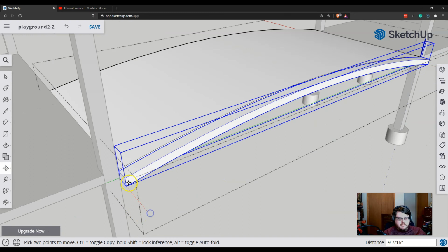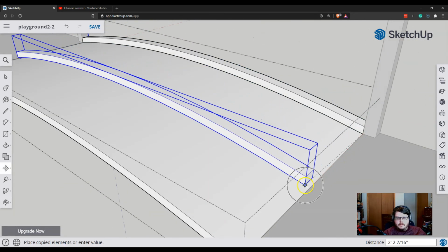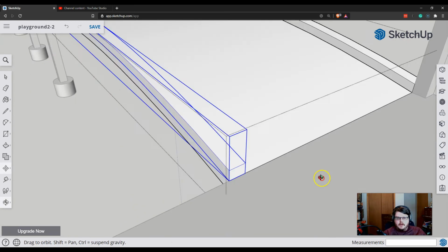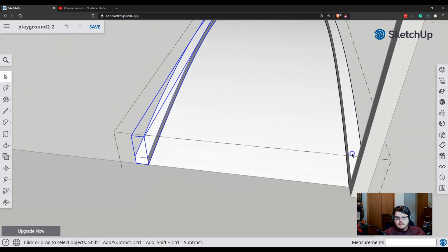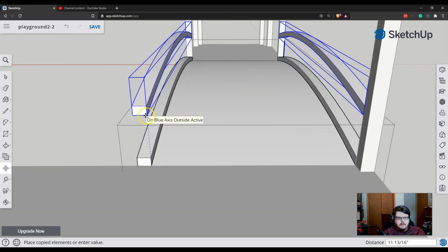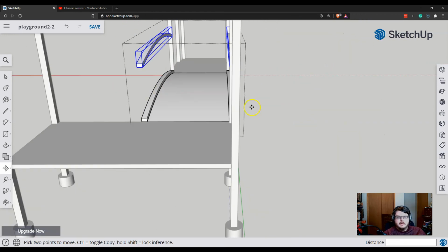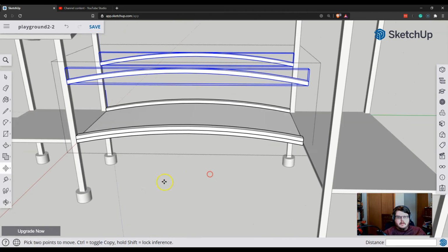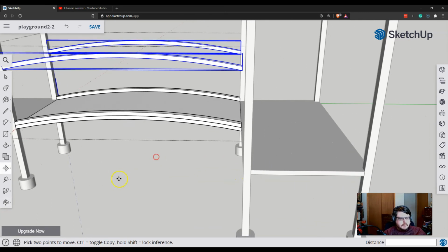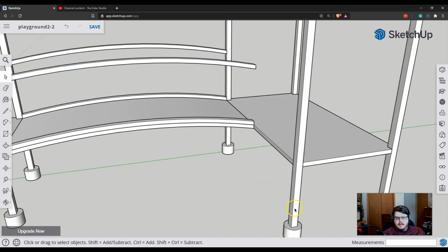Now, let's move it, grab this corner. There we go. Grab that corner, Control, infer to there. Now grab both of them, move them up, Control, copy them up 30 inches in the blue direction. Next thing I want to do is escape out of that and grab one of these columns and move copy